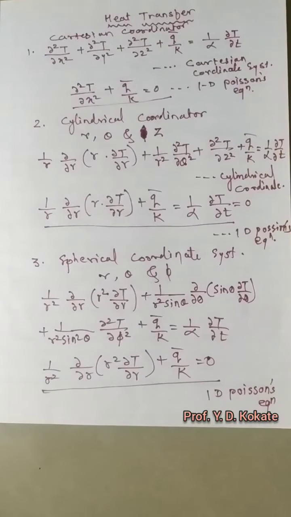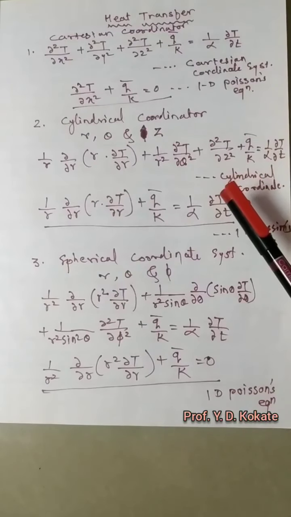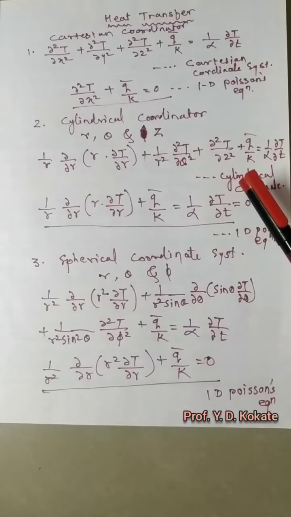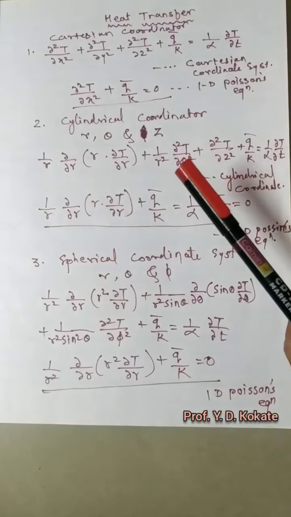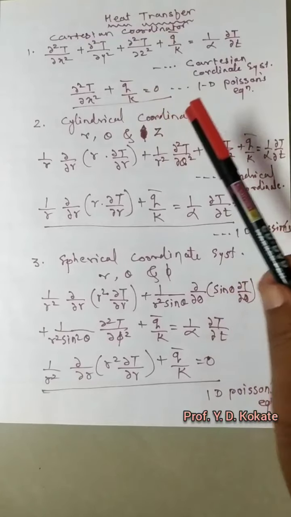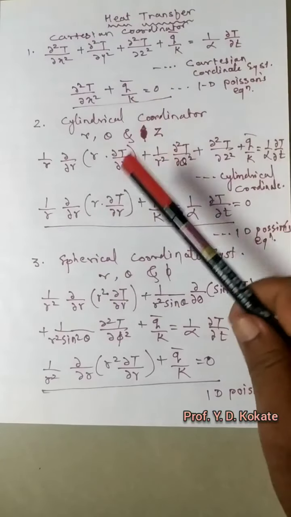Now for cylindrical coordinate system and spherical coordinate system, we have not seen that derivation. We are not looking into the derivation because it is not in the scope of our syllabus, and due to time constraints, but its final results are very much important to find out the heat transfer rate for cylindrical object and for spherical object, or for cylindrical direction and spherical direction more properly.